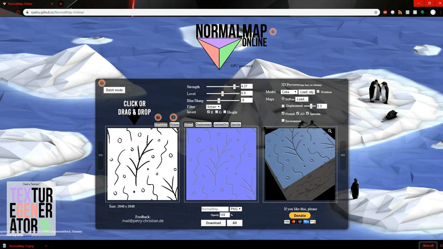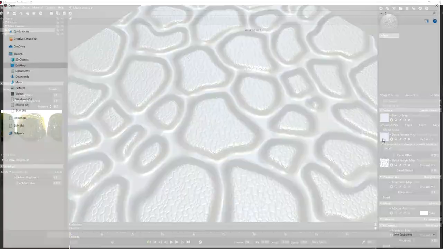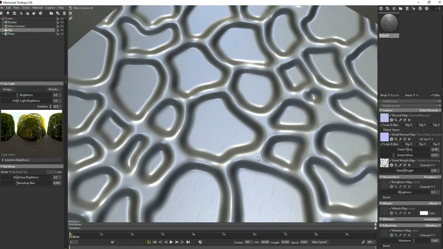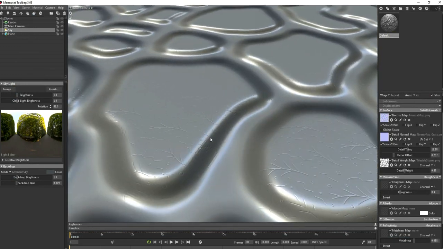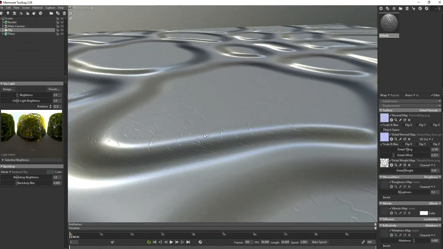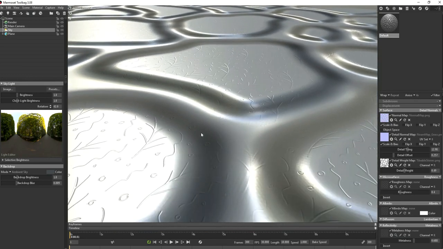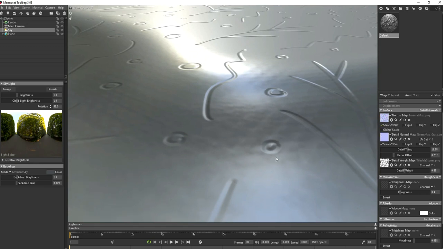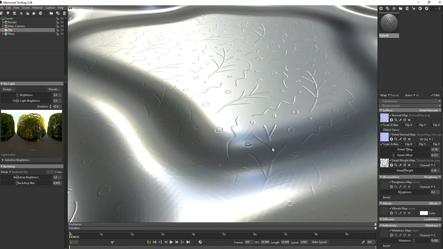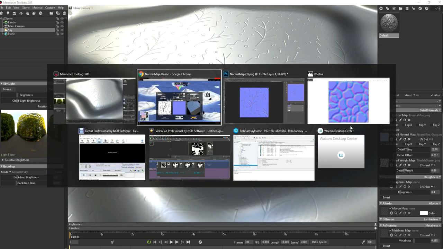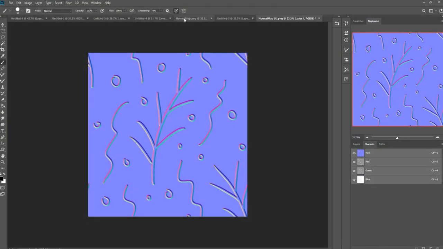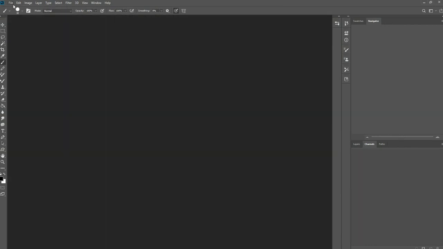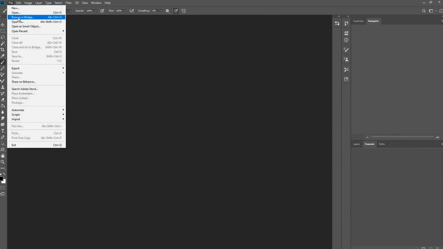Okay, back into this here, and I can load in my detail map. You can see it's this little kind of grassy pattern. Now also you can see these kind of artifacts, all these little bumps in this one. There's a couple of ways to fix it. You can blur it out a little bit more, or use some filters. But if I'm just going to close all here, just going to open